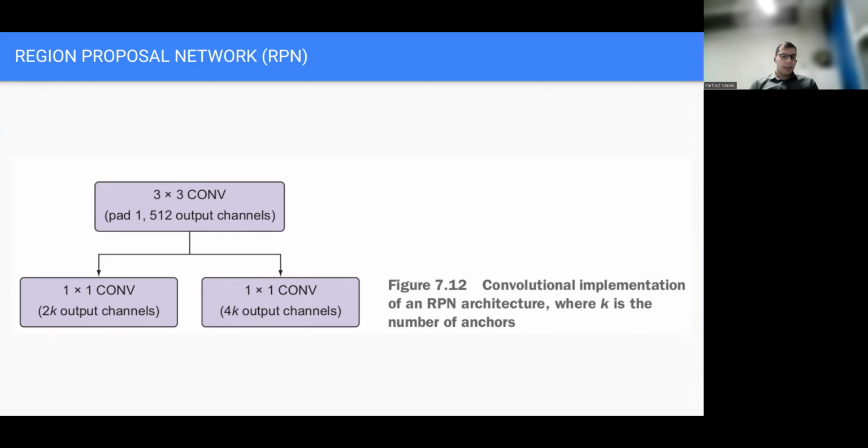Based on that, each filter creates a single output channel. So if I need, let's say, 4,000 channels, it means that I need 4,000 kernels. Each of them needs to be trained during this process.